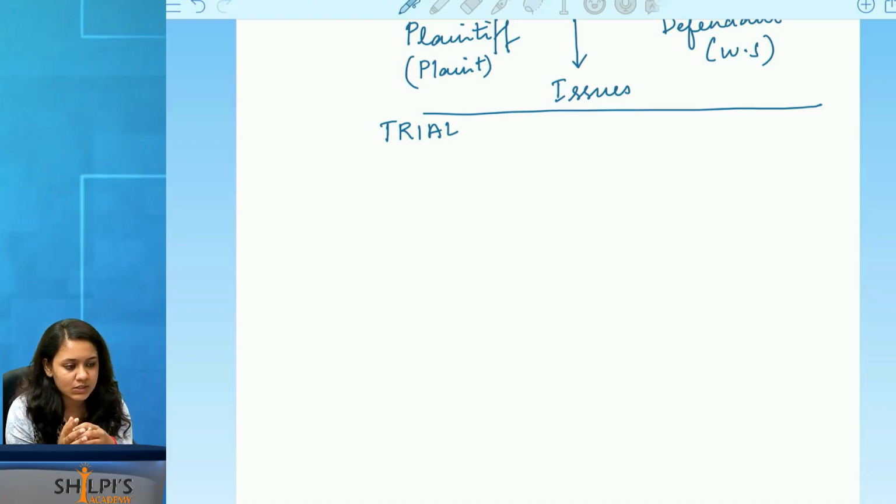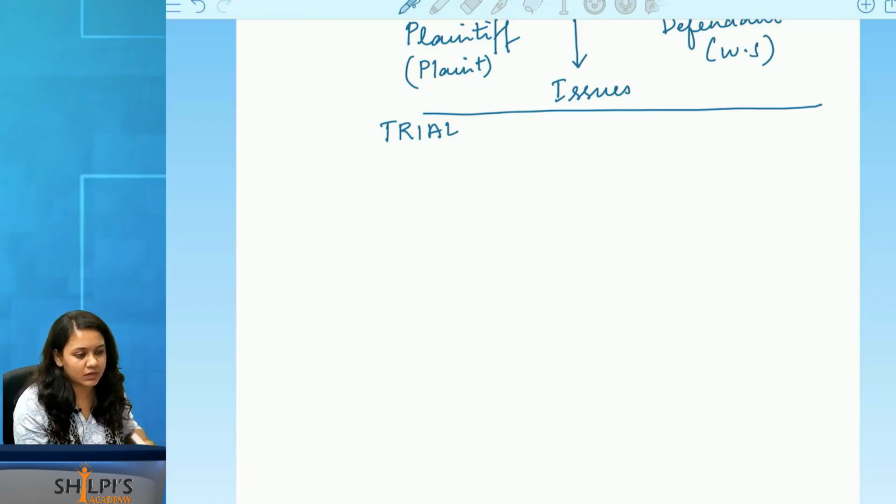Now, what Ashray has done is he sold 2 acres of land, when in fact he can sell only 1 acre of land. Now, if he has sold the property, he would have had the documentation with him. If Akash has to go before the court of law claiming that he is the real owner of 1 acre of property, then he should provide that document before the court. But that document is with Ashray. So then what can he do now? Can he say, Your Honor, the evidence is with the other person, hence I can't submit it to you? No. The court will direct Ashray to produce that evidence before the court of law.